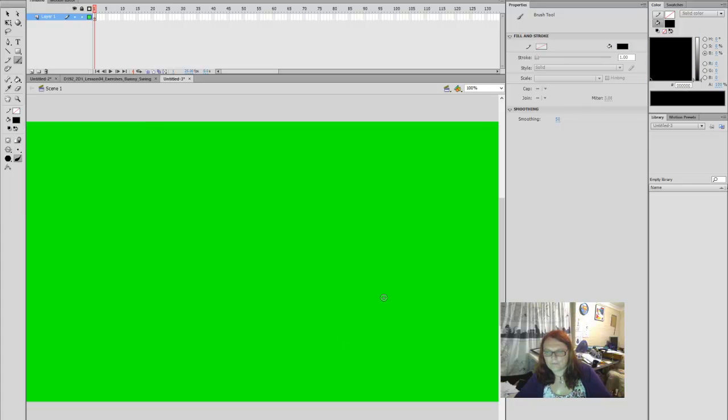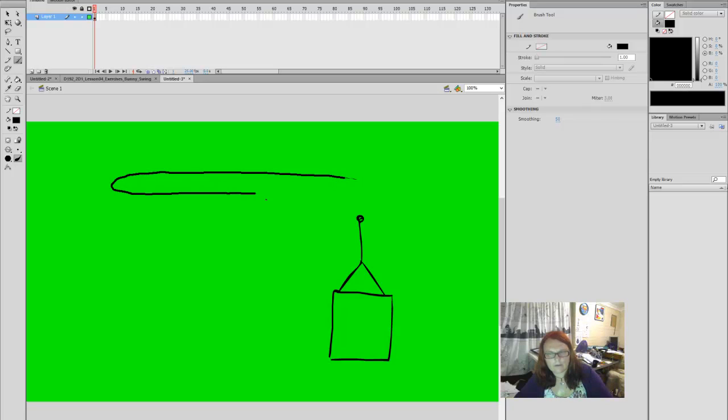Use the black. Create a swinging weight that's connected to a fulcrum there. Okay. Plus we have the arm. My tablet's on the way out, can you tell? Okay. And then the crane itself. Okay. And those three things